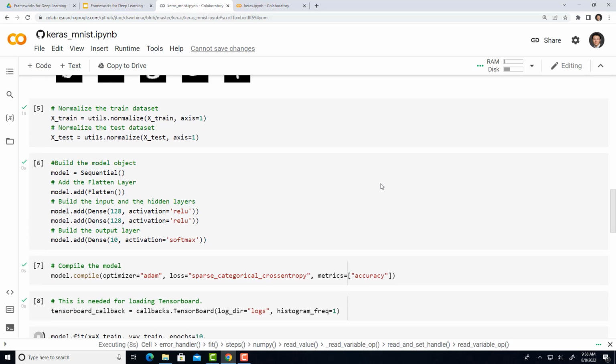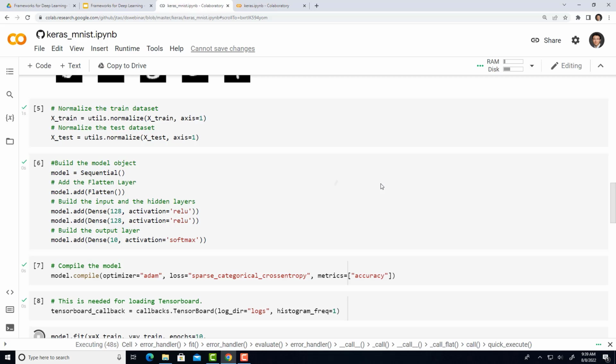So we start building the sequential model, which is simply adding layers, stacking up layers one after the other. We first add in a flatten layer to turn all our 2D images into a 1D big array, and then we add in dense layers, two of them with 128 neurons each, with ReLU as an activation function. The last one, because it's a classifier, uses softmax as an activation function with 10 neurons, each mapping to a category that we are going to classify.